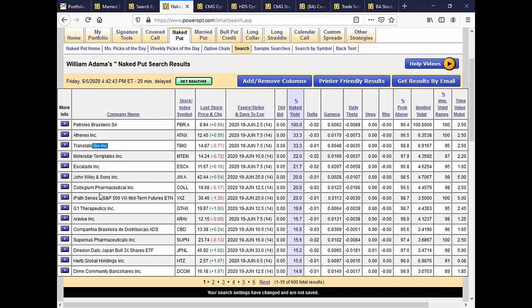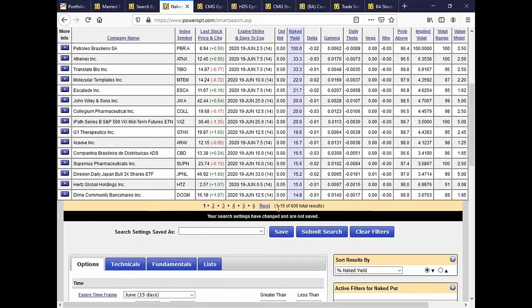Biopharmaceuticals, one of the ETFs for a Brazilian company. There's another one as well, because Brazil's dealing with a lot of stuff that we were sort of dealing with. The 3 times Japan Bull hurts. Oh, right, because they're nearing bankruptcy. I forgot about that. They're thinking about filing for bankruptcy, so that's why they're coming up with a high percent